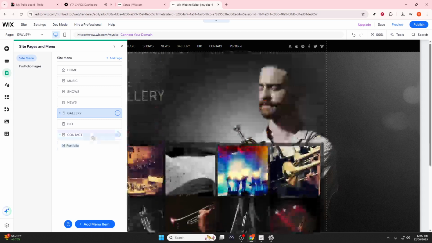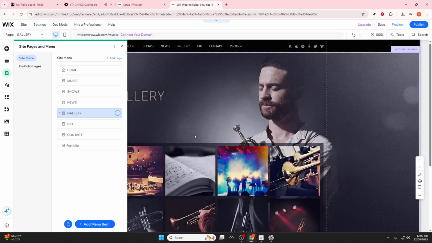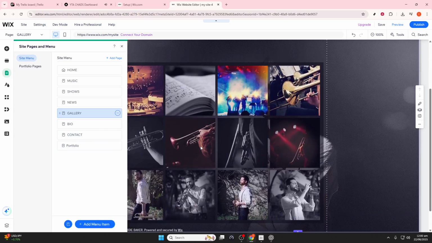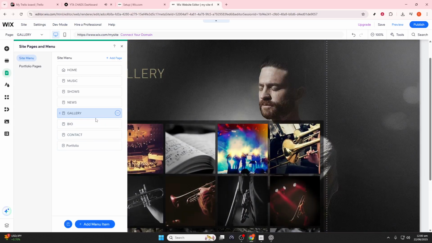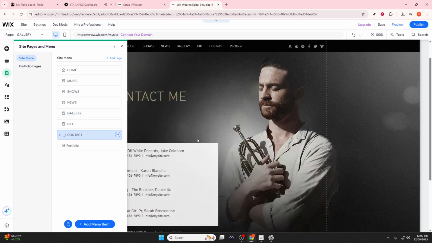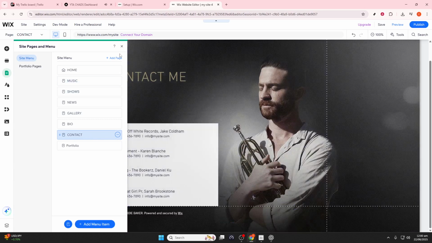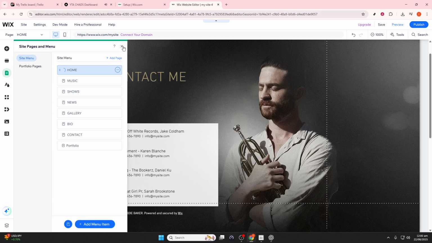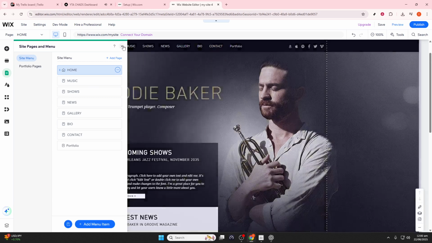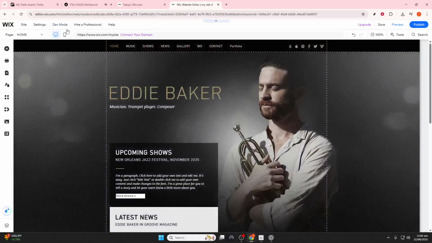Incorporate Wix's music players by going to the Add button, selecting Music, and choosing the Wix Music Player. Upload your songs straight to the platform or connect with streaming services, adjusting the player look to suit your style. For a broader reach, set up a blog or news section to share updates and stories, which can enhance your SEO. Lastly, ensure your site is optimized for mobile by switching to mobile view and tweaking visuals to look perfect